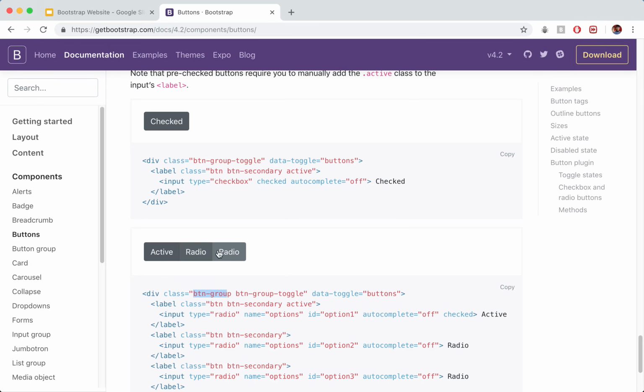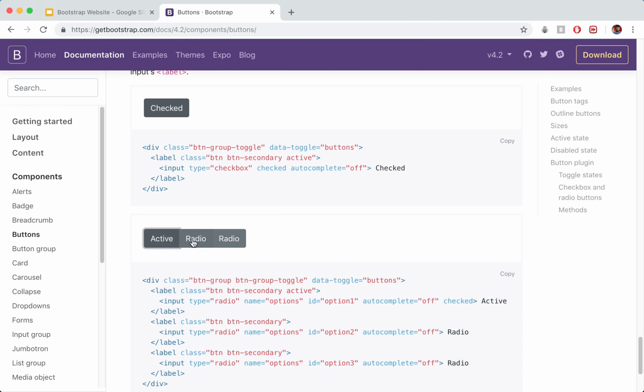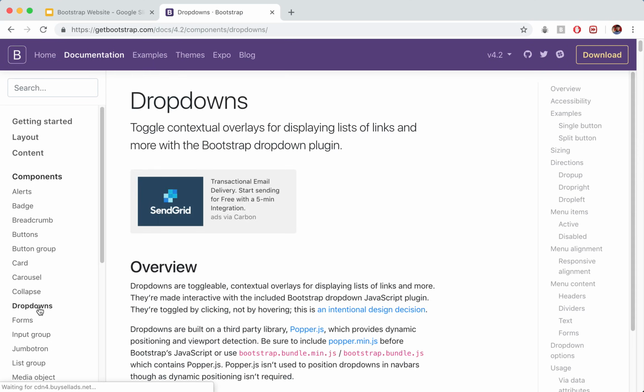In this case, with the radio buttons, we have a button group. Okay, specifically it's a toggle button group, and then we have all the items within it. Okay, and we get the specified behavior above. So it's not really doing much, it's just kind of changing in appearance a bit. We have the secondary active, which is why this is the first one that's selected when the page loads. And so there's a bunch of customizable options. So the last one we'll take a really quick look at will be drop downs,